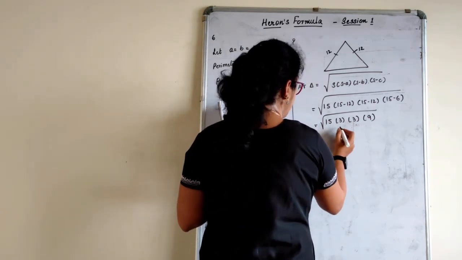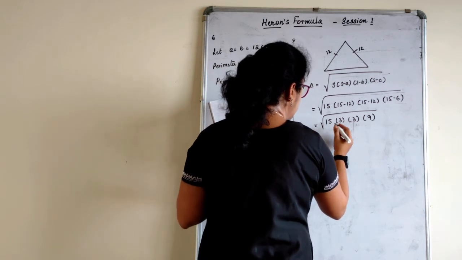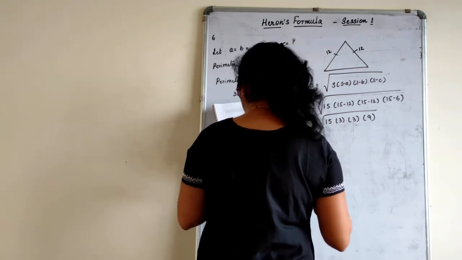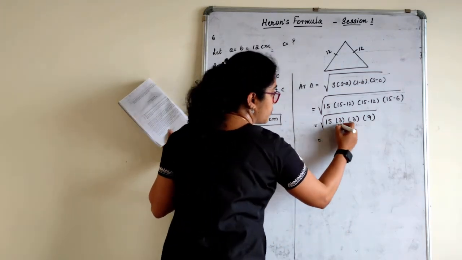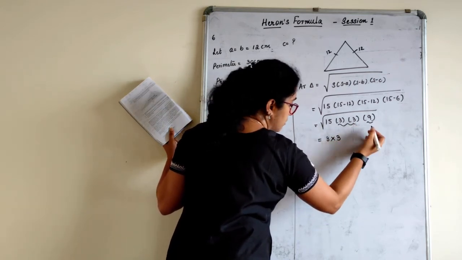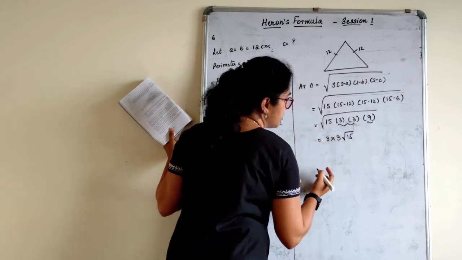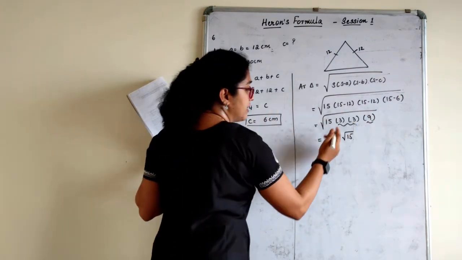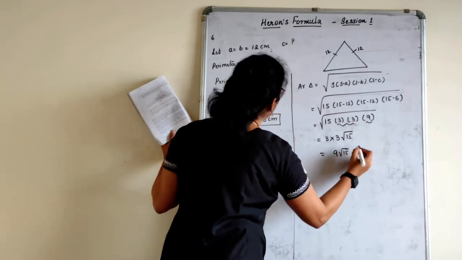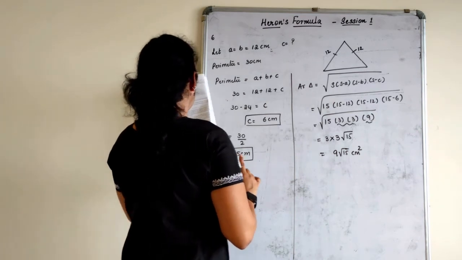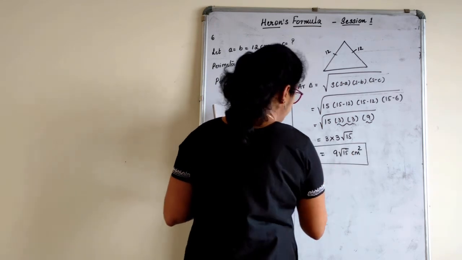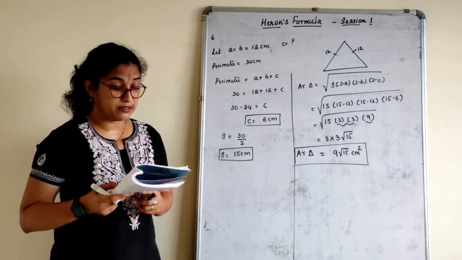So 15 as it is. What I do here is, 15, yeah, 5 threes are given. If I write it, it doesn't matter because 3 is not a perfect square. A group and a group, 3 will come out. Root 9 is 3, root 15 as it is, because 15 threes, if I do, children, here 3 and 3 will not come in pair. 9 root 15 centimeter square only, right? Please check. Yes. So the area of the triangle is 9 root 15 centimeter square.